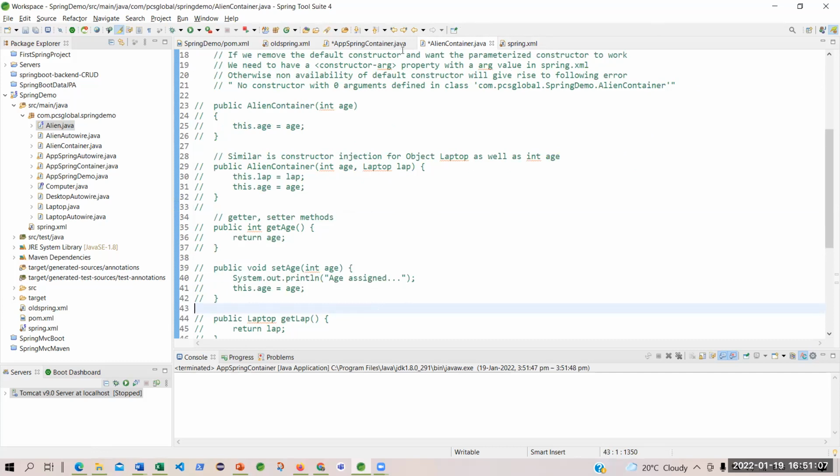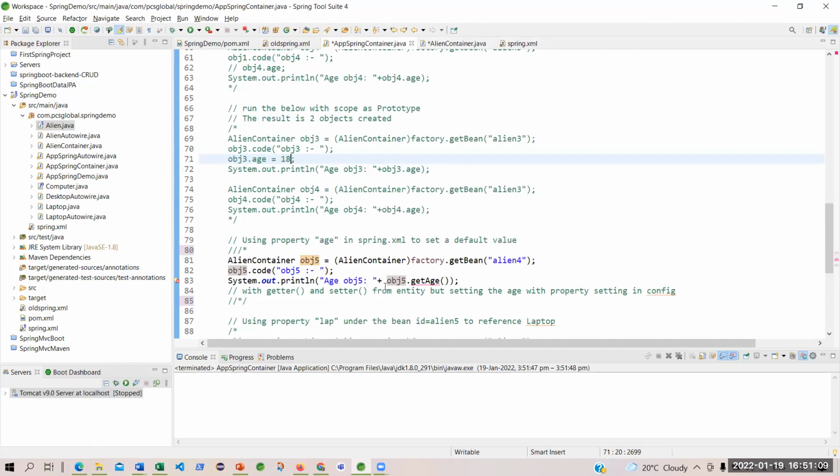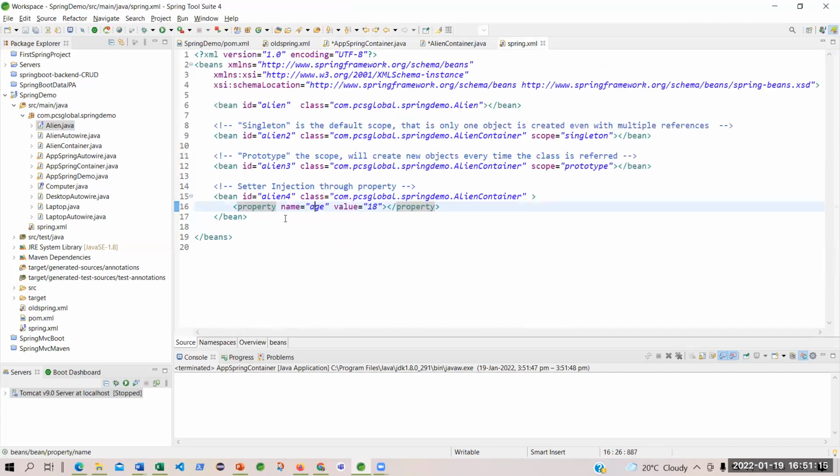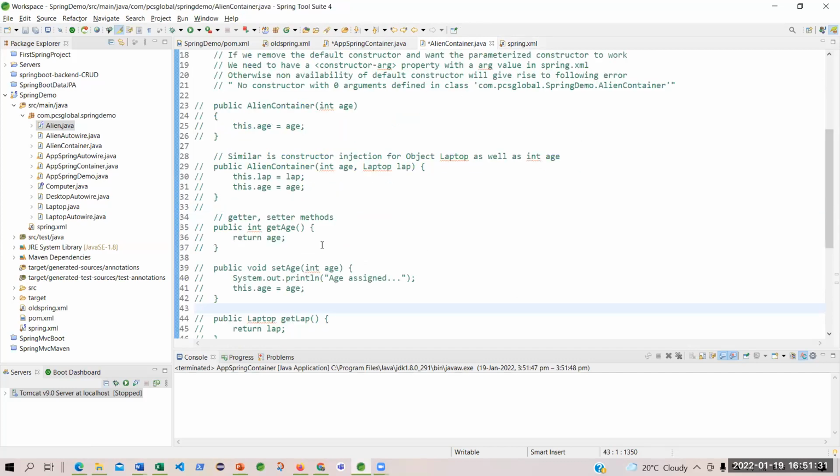But only setting will not do, because you are also trying to display the age taking from the configuration file. The age is 18, fine, you have set it. But then you do not need to call the setter, but you need to call the getter, because unless you get the value, you will not be able to return the value.